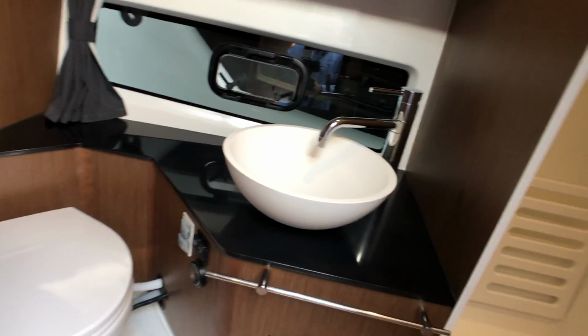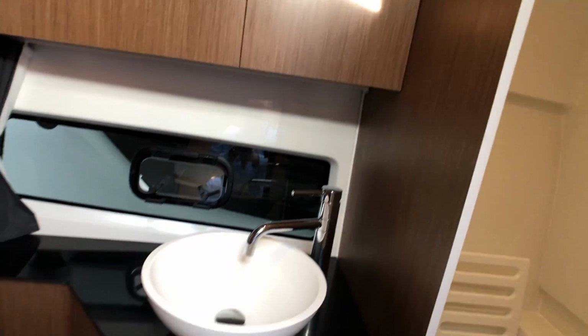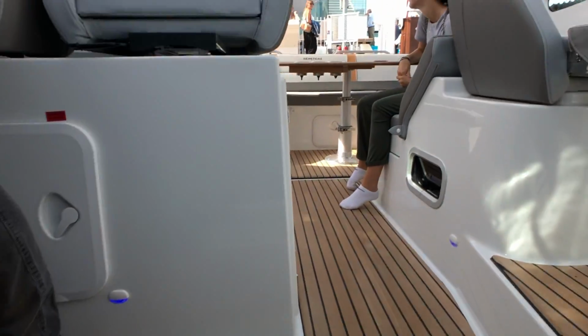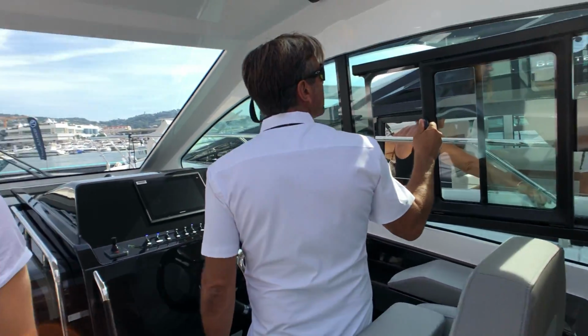And last but not least, it's very rare aboard a 32-feet motorboat: a separated shower, a lot of comfort. It's definitively a very amazing, appealing boat, the crossover concept. So, before leaving you, Mathilde,